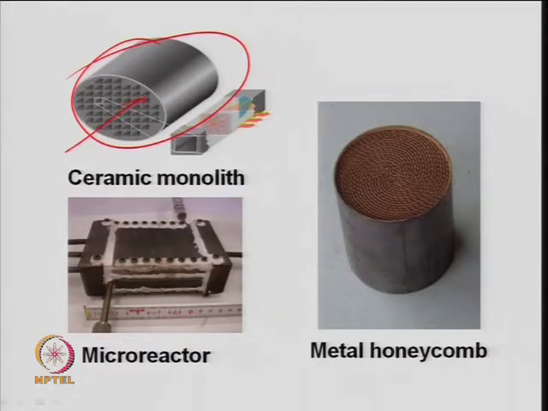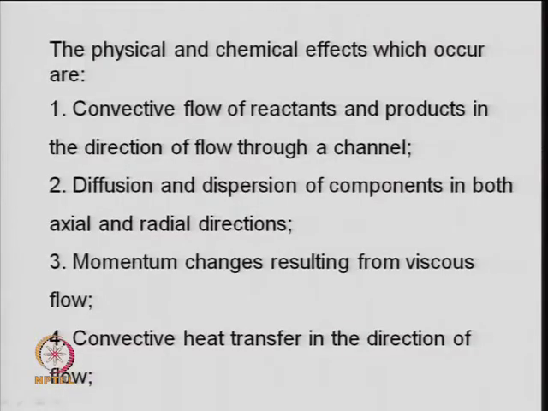Again this is a honeycomb type of structure, a metal honeycomb, with a corrugated path being used here. These are some new concepts which are generally considered, especially when a large surface area per unit volume is desired. When you look at a new kind of design, you need to look at the transport properties in that. Here you will have different kinds of transport properties; you need to look at the mass transfer, the heat transfer, convective mass transfer, diffusion transfer.